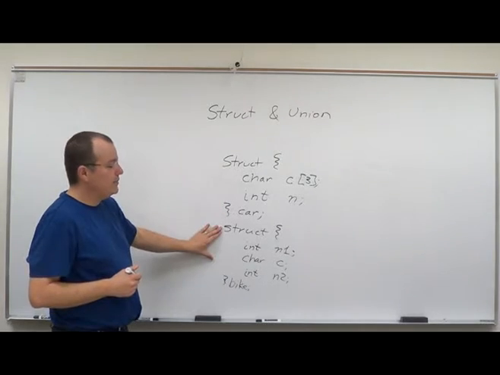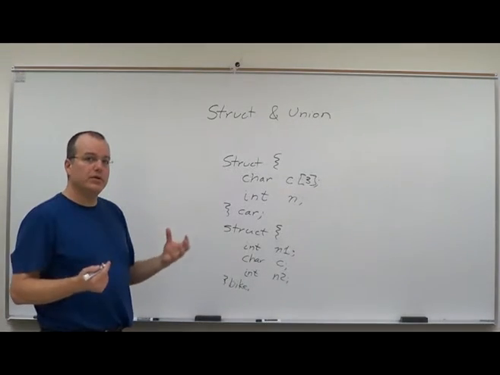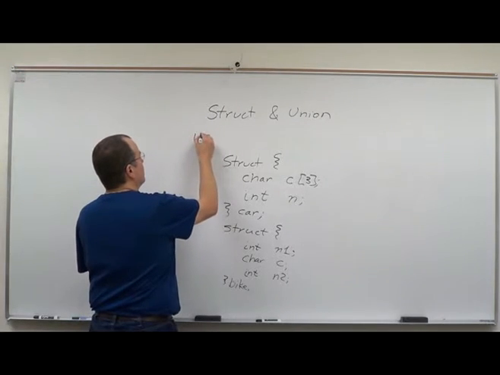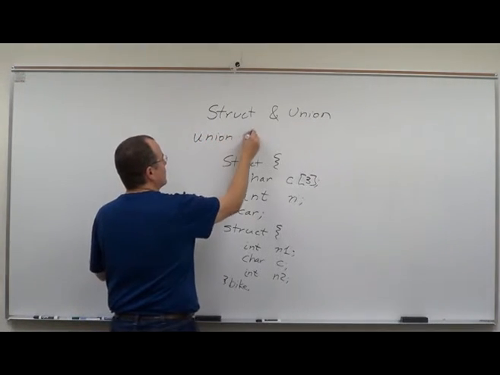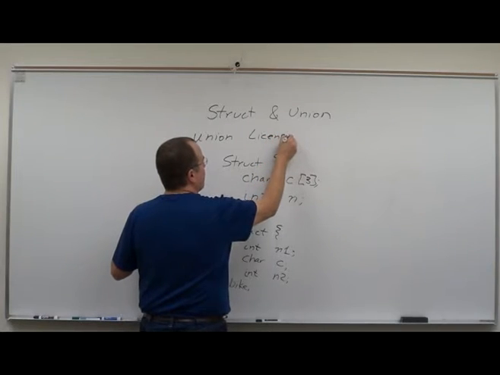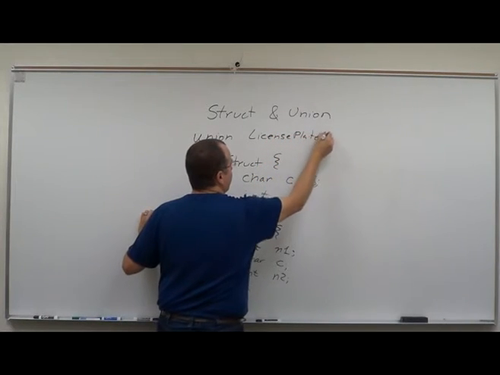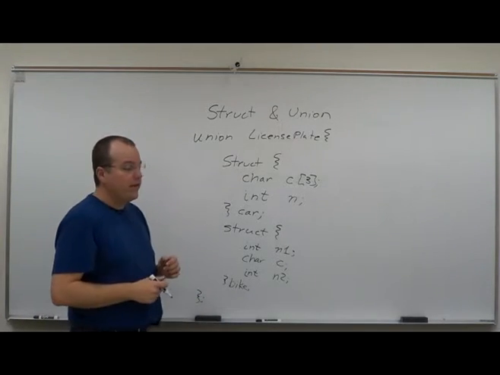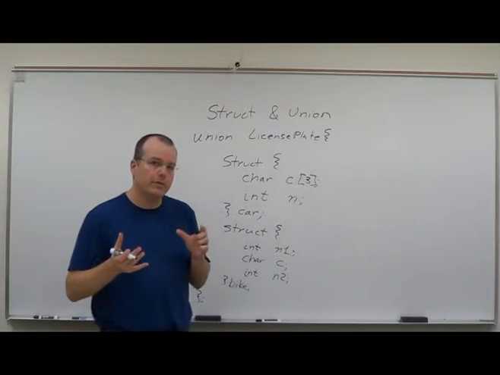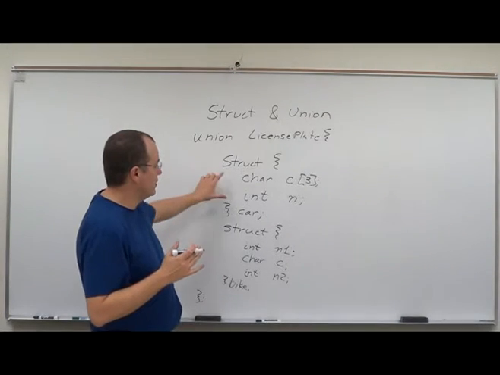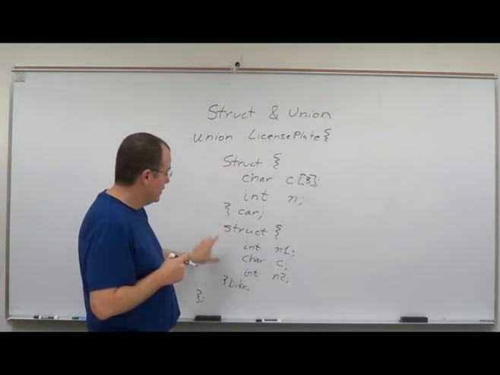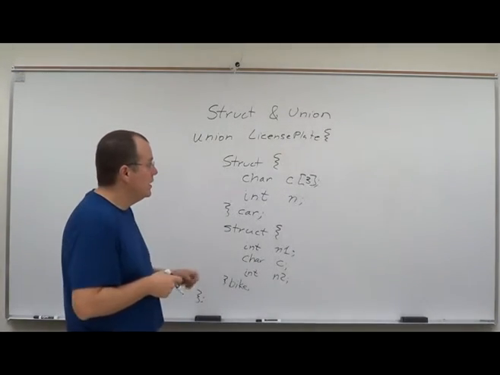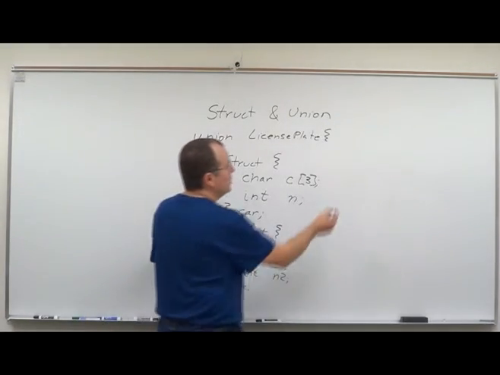Now the reason I haven't named these structures is I'm going to immediately put these into a larger data type. It's called a union. And that's going to capture this OR type of the license plate. The vehicle either is a car and has a car license plate, or it is a motorcycle and has a motorcycle license plate. Now, if we look at memory, what we'll see,